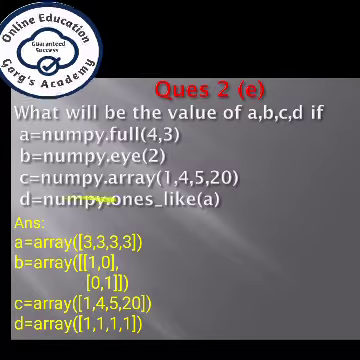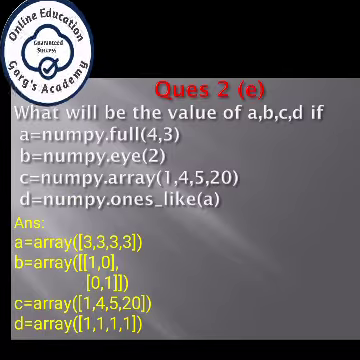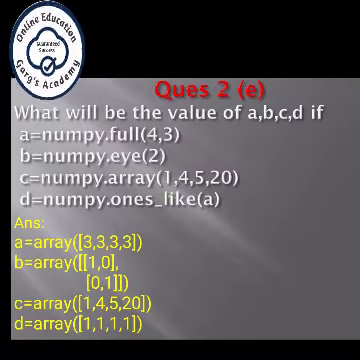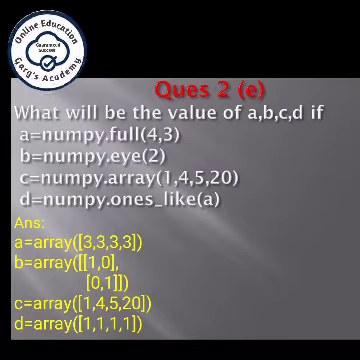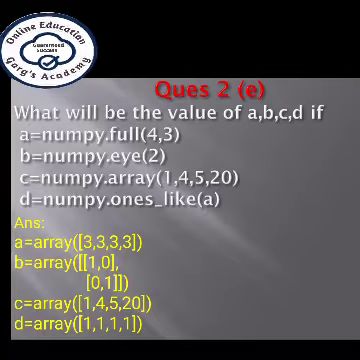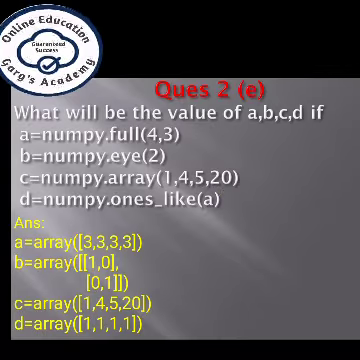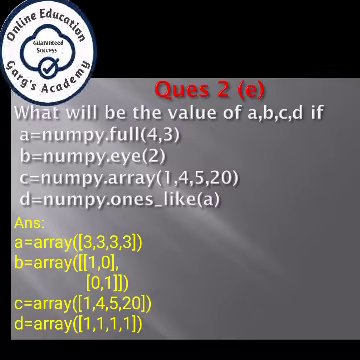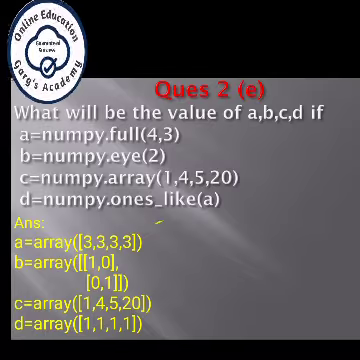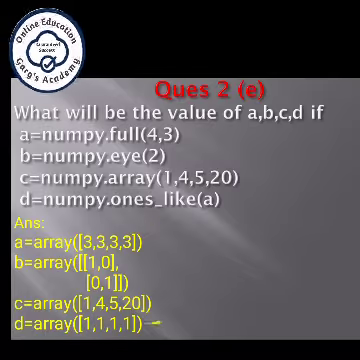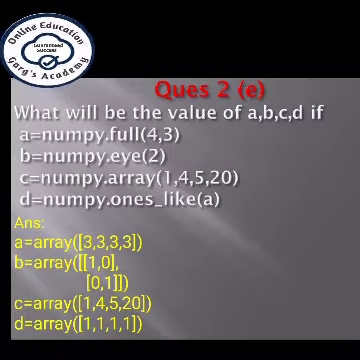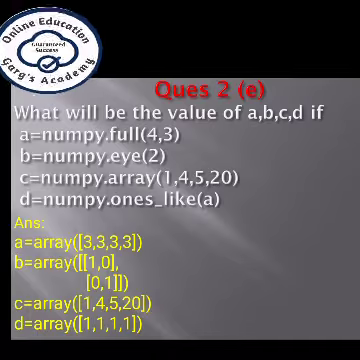Next part, numpy.ones_like(A). Here students, ones_like means it has to insert the value 1, but how many elements will be there? It will take the number of elements from the array A. How many elements does A have? 4. So it will also have 4 elements, and all the 4 elements will have value 1. Next question,